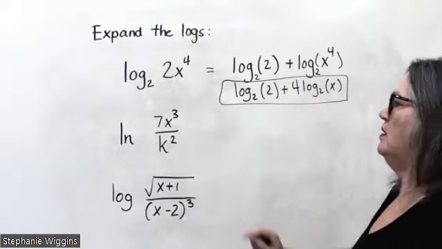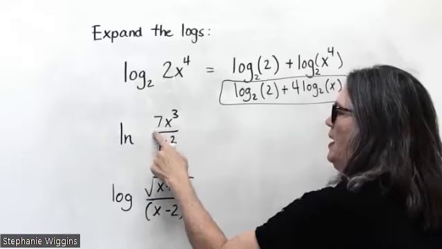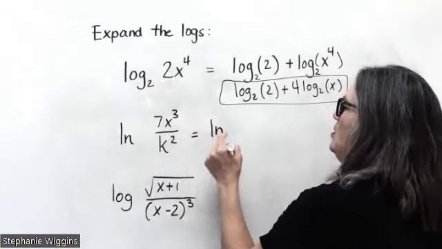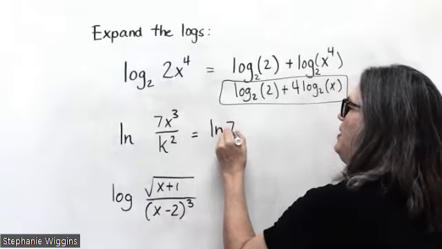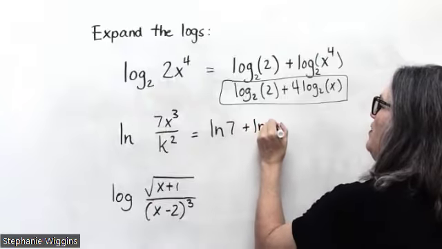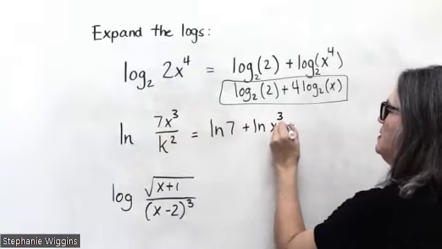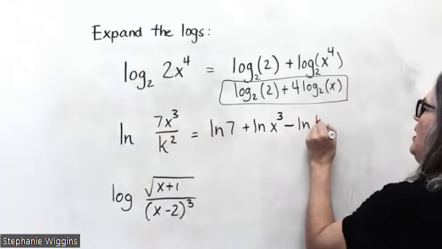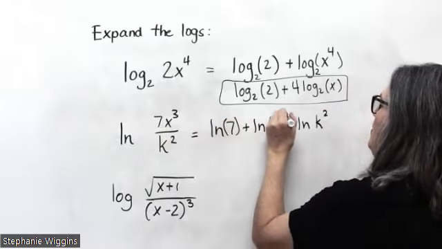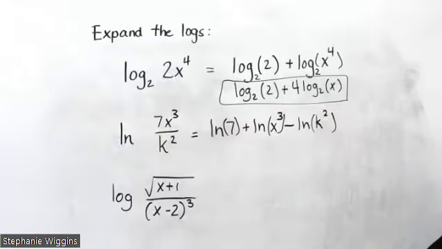All right, this one, we have a quotient and we have a product here and a quotient. So I'm going to go ahead and separate this as 7, the natural log of 7 plus the natural log of x cubed. And then I'm dividing, so that's going to be minus the natural log of k squared. So you just take everything in the numerator gets a positive, everything in the denominator gets a negative, and now